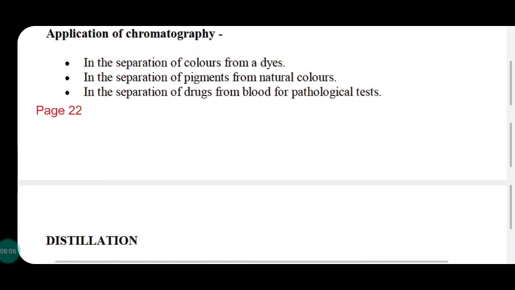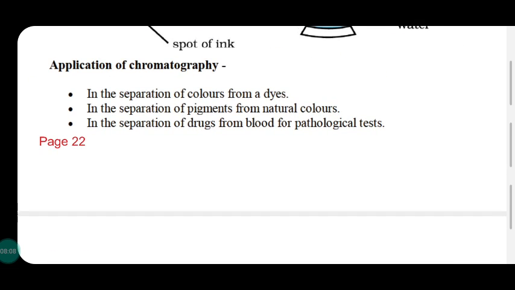So, three methods we discussed today. One is decantation or use of a separating funnel. The mixture we select is that of immiscible liquids, oil and water. The second method, sublimation. Solids that sublime can be separated with the help of this method. Third method, chromatography, separation of the different pigments. Chromatography is applied. That's all for today.